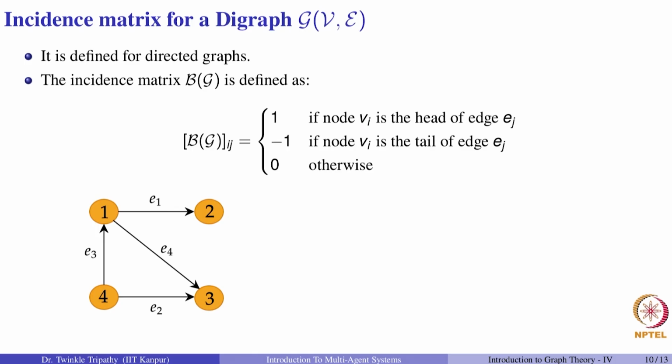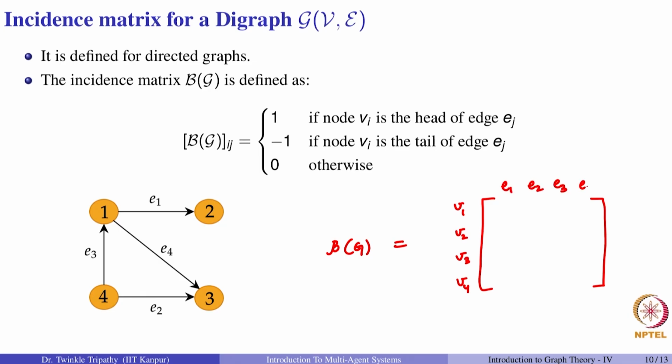Let us try to understand this through an example. Let us try to construct the incidence matrix for this graph. So, we can see here that it will be a 4 cross 4 matrix because we have 4 edges and 4 vertices. Now, this is only for a reference so that we can easily write the matrix, but in general it is only sufficient to, of course, just write the matrix.